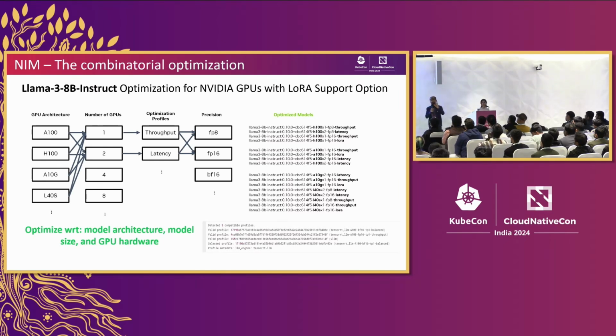Now, one problem which I talked about is the optimization. We have two things. One is, how do you optimize your hardware? Second is, how fast is your AI system in terms of inferencing? How many requests it can serve, how many tokens it can generate per second, and what is the throughput and latency. So that is what we are trying to avoid by saying it's a combinatorial problem. It's a combinatorial optimization problem based on these parameters.